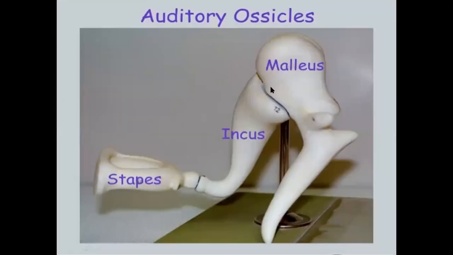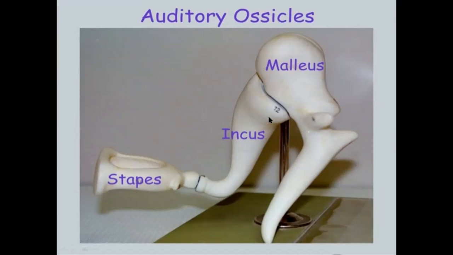So this is the malleus, head of the malleus, and this is the anterior process. This is a lateral process which is attached with the anterior and posterior malleolar fold, and this is attached with the posterior wall via ligament anterior process, and this is the long handle of the malleus which is attached over the convex surface of the tympanic membrane or eardrum.